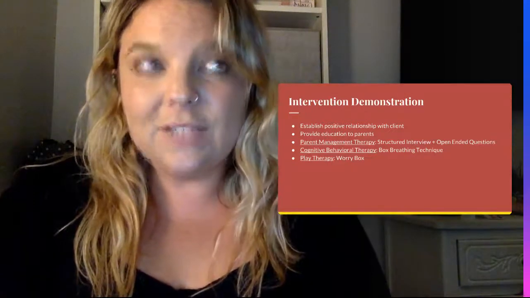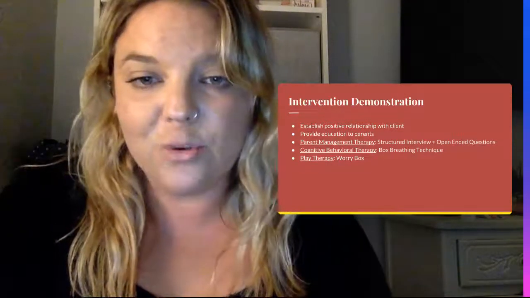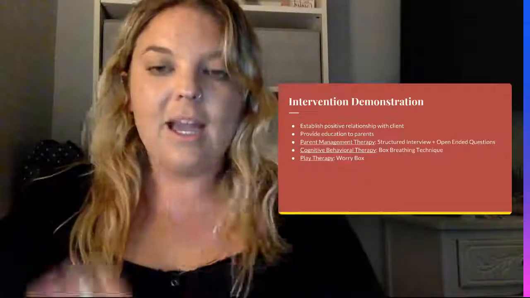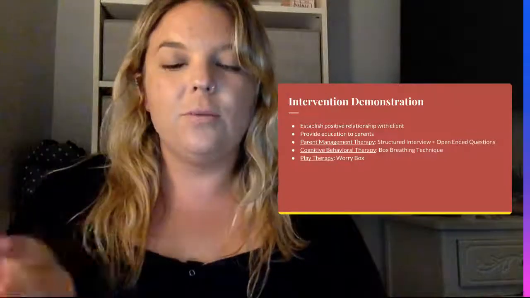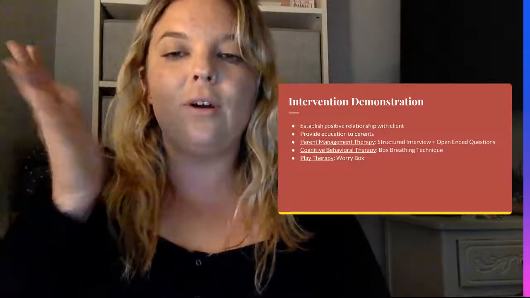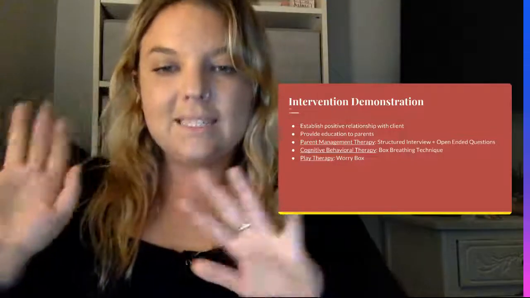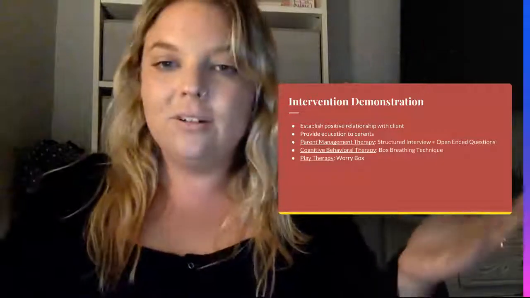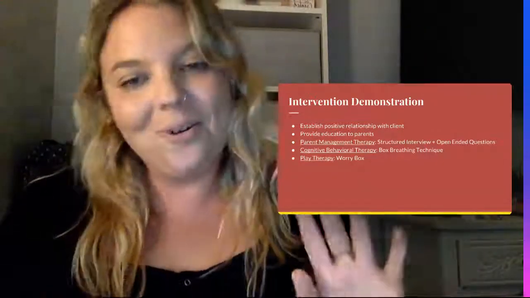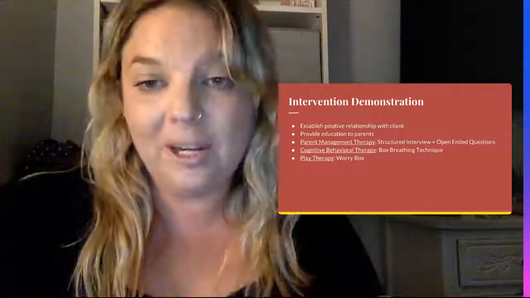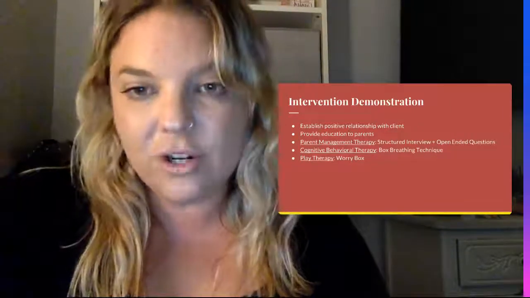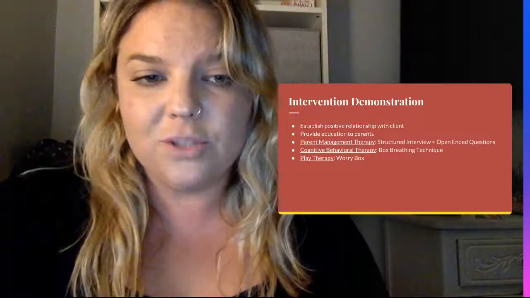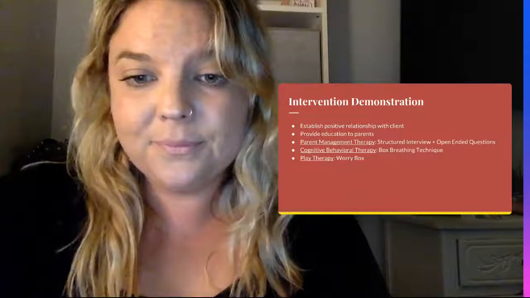The box breathing technique is a really powerful tool that could really help children with ODD. So it's really simple. You picture a box, and first you're going to inhale for 4. So 1, 2, 3, 4. Hold. Exhale, 1, 2, 3, 4, hold. Inhale, hold, exhale, hold. It's really simple, can be done anywhere, and it's great for children to implement when they're feeling triggered, stressed out, overwhelmed, or just generally unwell.